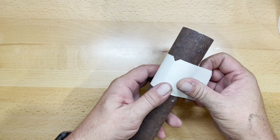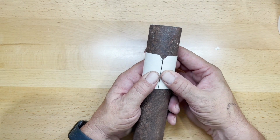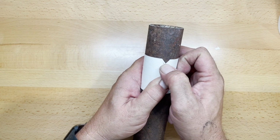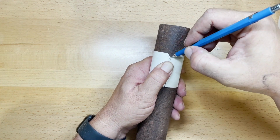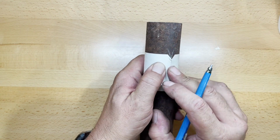This is a method that I use on quartering pipe as well. If you wanted to quarter pipe, you could just double the tape over one more time and make those same cuts, and you'd be able to quarter the pipe as well. This is one method. The next method is a little bit easier, or if you're going to be doing repeatable